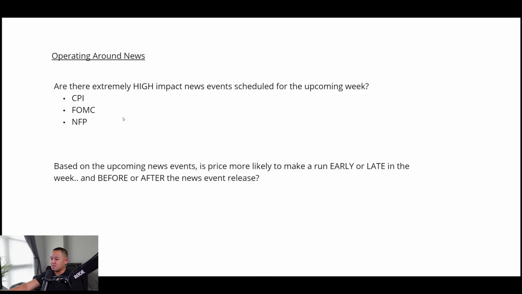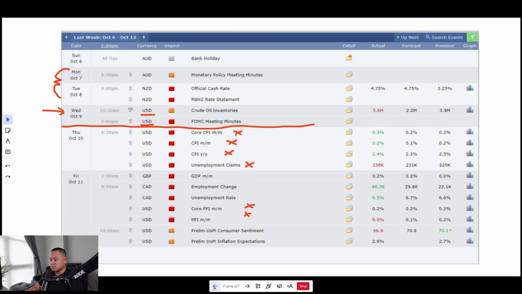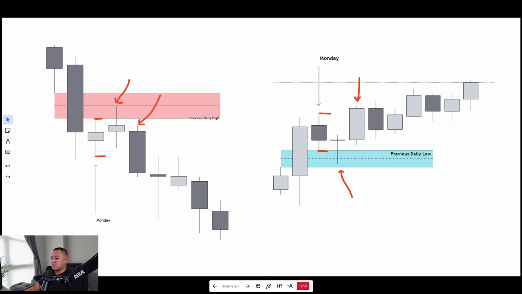If you've seen this same setup pan out multiple times, and I've seen this same thing pan out numerous times, all right, and I manage it the same way because I've gotten burned in the past by, let's say, me holding through CPI. Let me go back here. This was a great example, all right? Not only that, but this was a great example as well. Even though the market